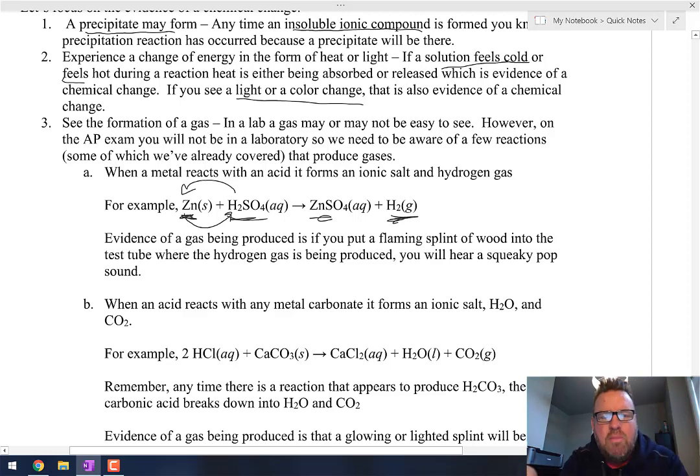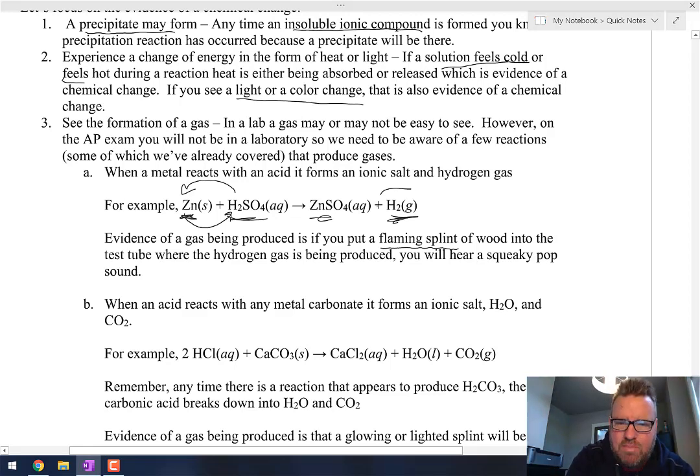Okay, now how might you know that hydrogen is being produced is you put a flaming splint in there. So you get a piece of wood and you light it on fire. Okay, and then you put it into there, and you may have done this in lab, and it will make kind of a popping sound. Okay, and what that is